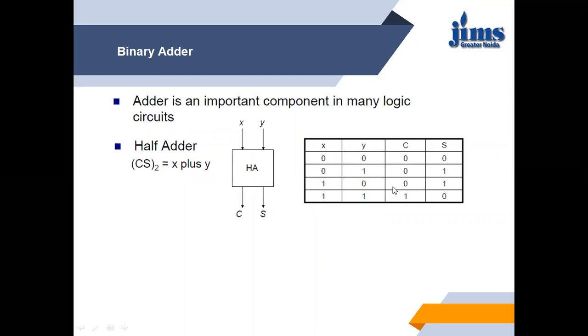This is how the truth table is constructed with the help of the input specifications, that the half adder output equals X plus Y. Now we have to solve the expression for the output. So the expression for the sum is S equals X bar Y plus X Y bar. So this is your X bar Y